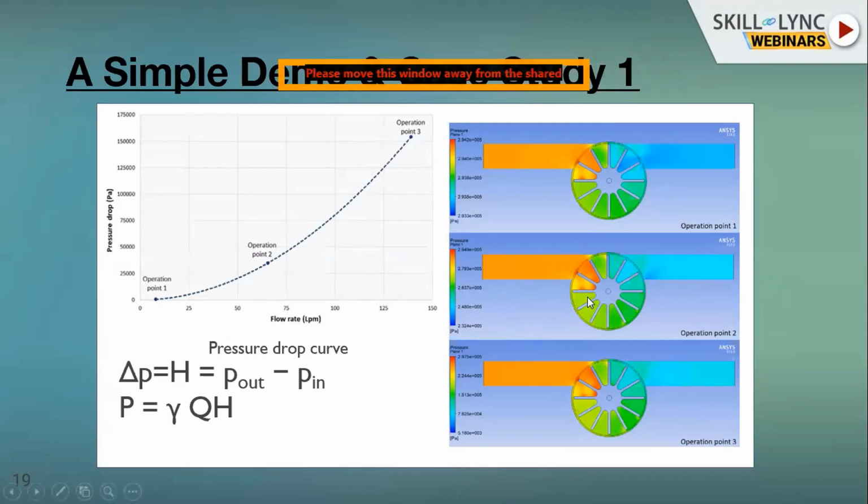This is the beauty of CAE analysis. That is, the variation you can see by different colors. Here the author has not clearly identified the three different pressures. If he had kept the legend constant, you could also see the behavior of three different operations in another three colors. So we can see in operation point 1 the pressure drop. The x-axis is nothing but flow rate. We are increasing the flow rate at point 1, point 2 and point 3.